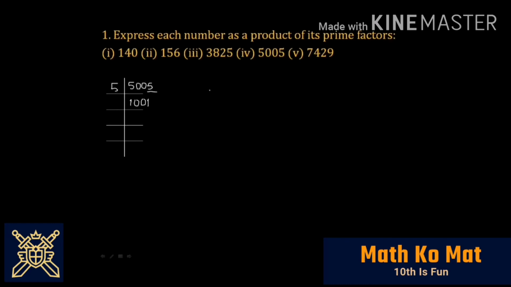I would be making a division column for you. It would be easy for you. So when we divide it by 7, 7 ones are 7. We are left with 30. 7 fours are 28. 2 and 1. And 7 threes are 21. So we are getting 0 here. So it means 7 is a factor. So we would be dividing by 7. So we would be left with 143.